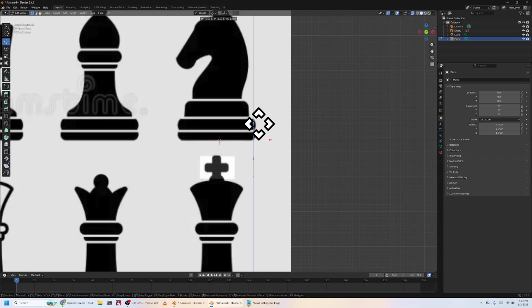Because, in case you aren't aware, the knight is the only piece in chess that isn't symmetrical in every direction, except for the king, because the king has that little cross on his head. But all the other pieces, at least in some styles, are perfectly symmetrical in every single axis. So, we're going to start on our little base,